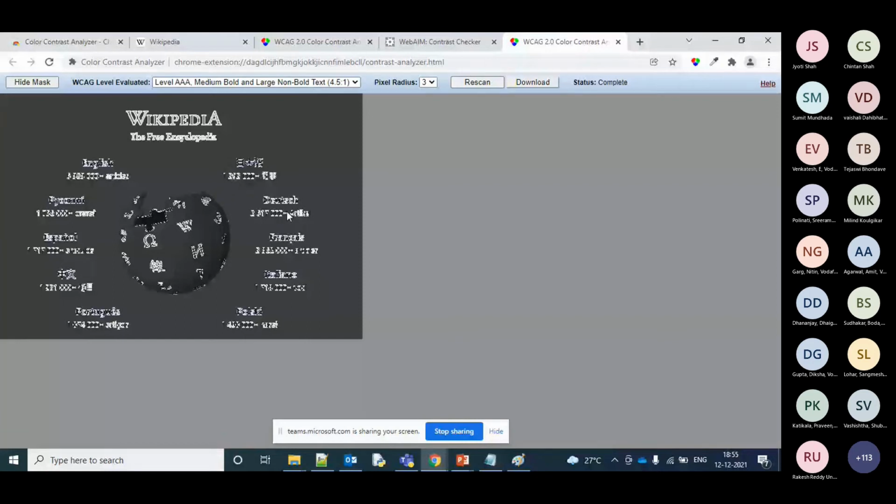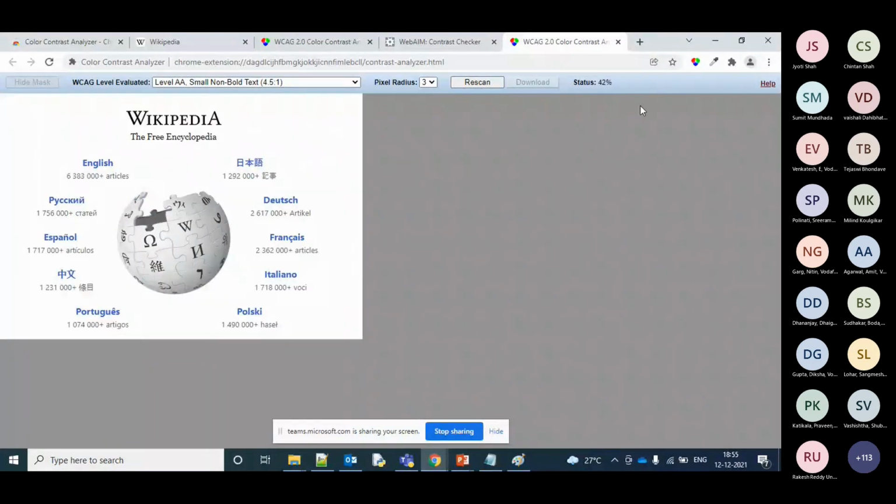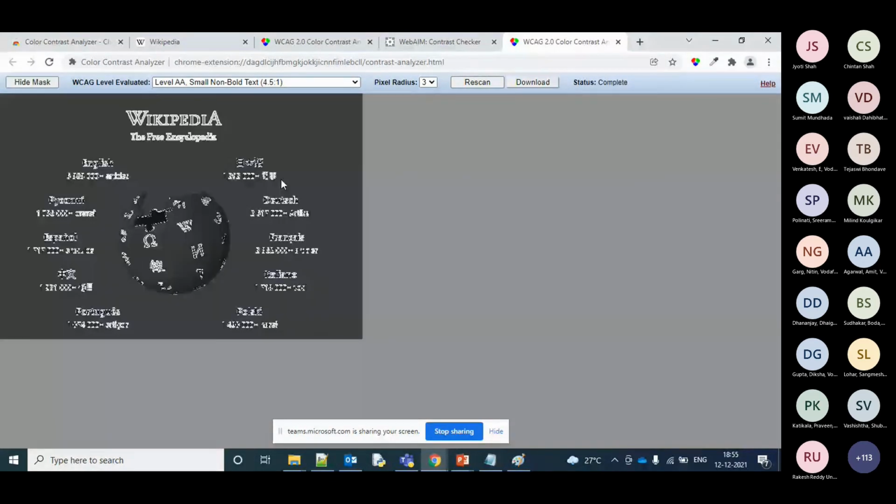So again, the color contrast is not only with respect to the color hexa values, it's also with respect to the brightness, illumination, and the font size. All these things will be tested, and these are all the ratios. So you can test it for the small fonts and then do a rescan, and you'll be able to see how it's performing with small fonts. It was almost the same because the same things which we saw.